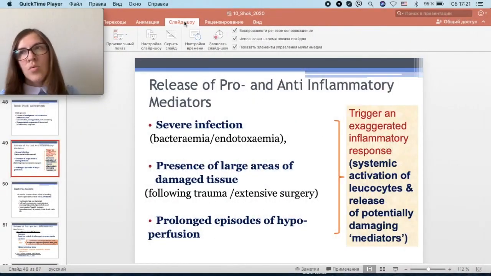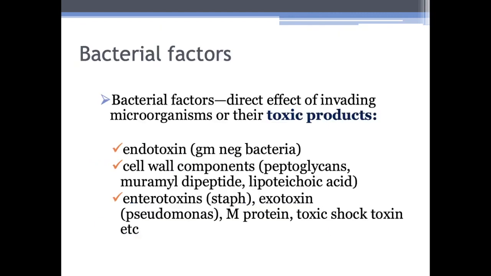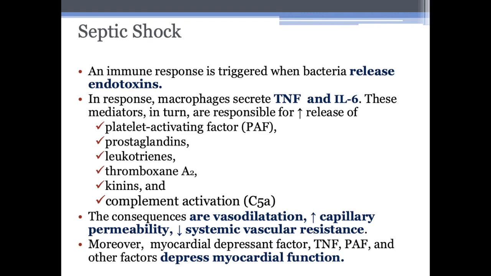You understand now how severe this damage of the endothelium is and how dramatic the consequences could be. So let's make a logical scheme of the development of all these episodes. You have to understand that firstly we will see the release of endotoxin from bacteria, and it leads to the release of cytokines and cytokine storm. One of the most important is interleukin 6, but tumor necrosis factor alpha also participates in this response. Finally, these mediators stimulate the release of secondary mediators such as arachidonic products, prostaglandins and leukotrienes,